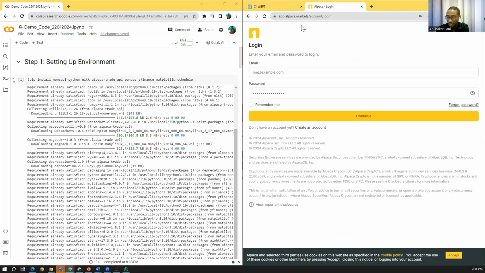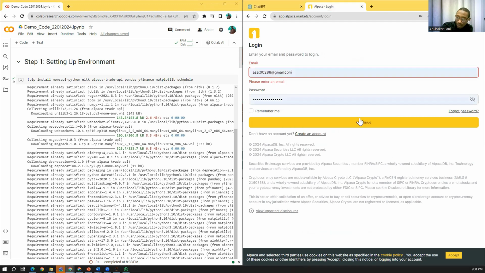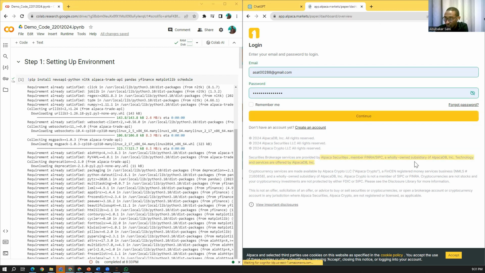First of all, we have Alpaca. If you have Alpaca, you can just log in, and once you log in you can place orders. So let's start with Alpaca and see how it works. As I said, this is a trading account, Alpaca Securities.